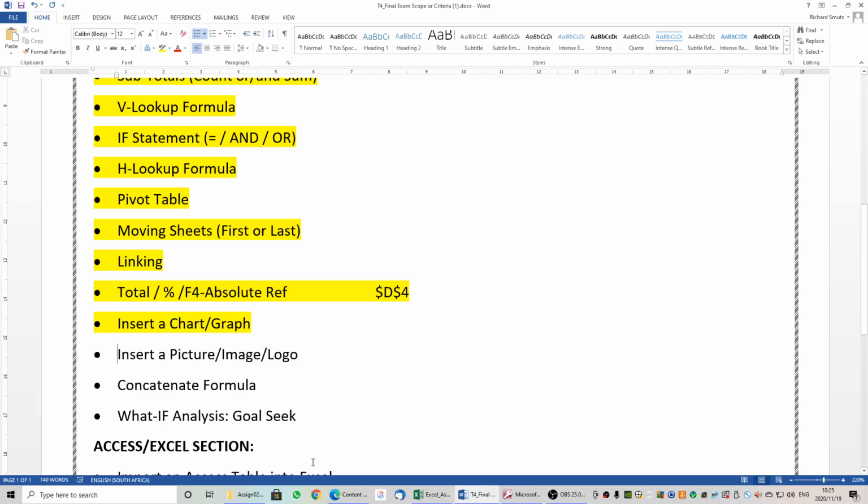Let's take a look at inserting a picture or an image or a logo. There were no problems with that during the year. All the activities came through great. The concatenate formula will show up in your examination. There were no problems with that. Remember, if you insert concatenate